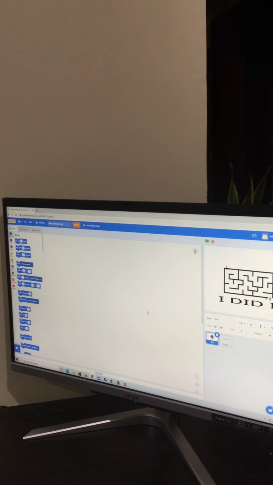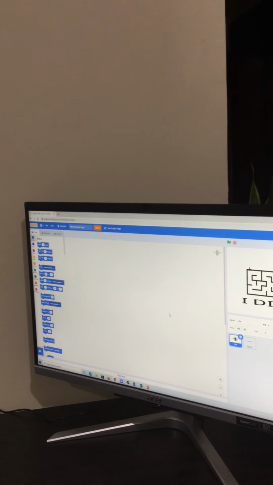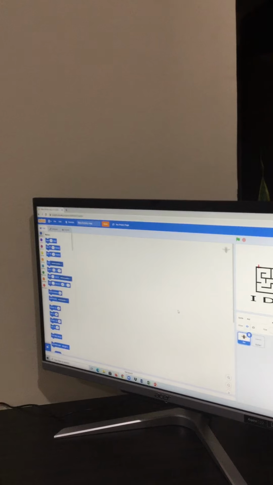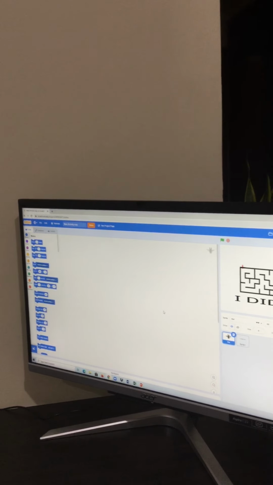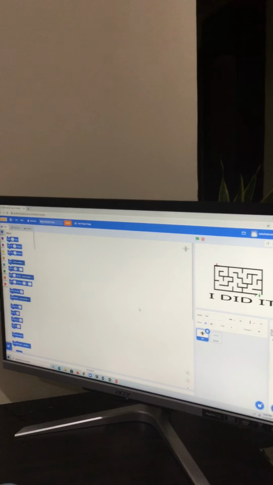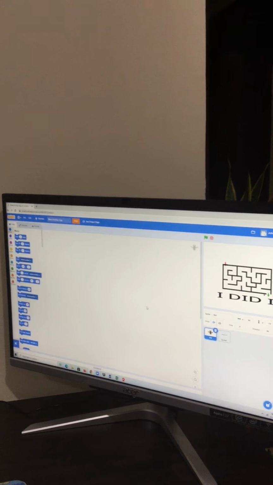Hi guys, in my next video, I will show you how to make a simple maze game for your friends to enjoy. First thing that we need to do is to select our sprite as the main character on this game. I selected a bat, and for our stage, we need to have a maze background that you can download in Google